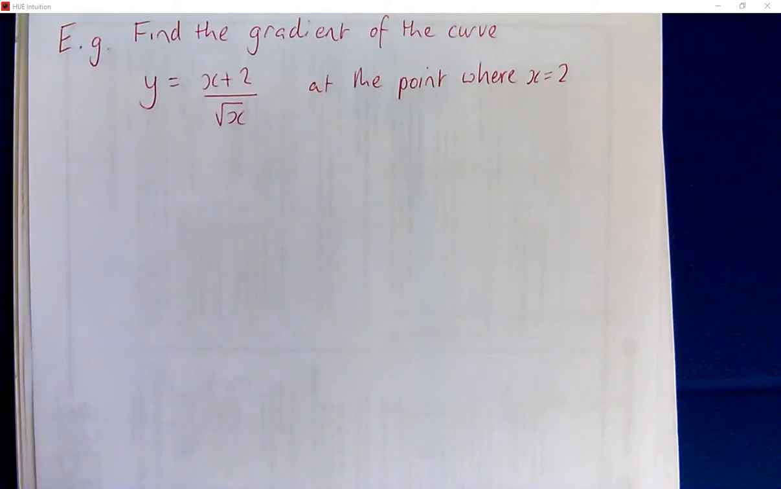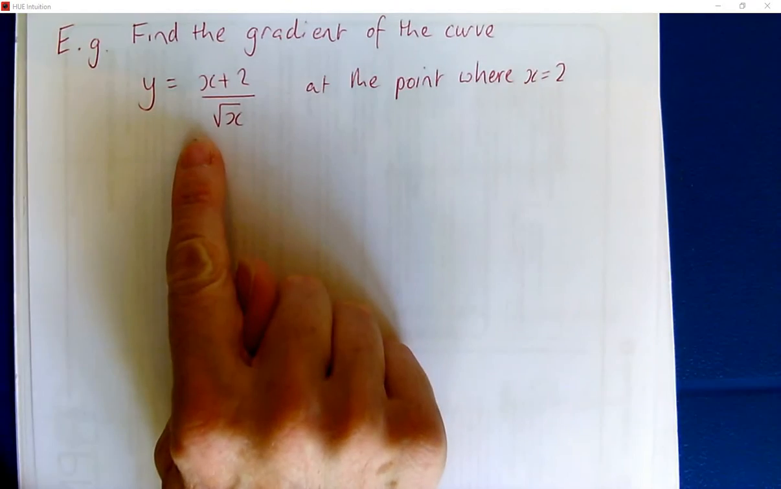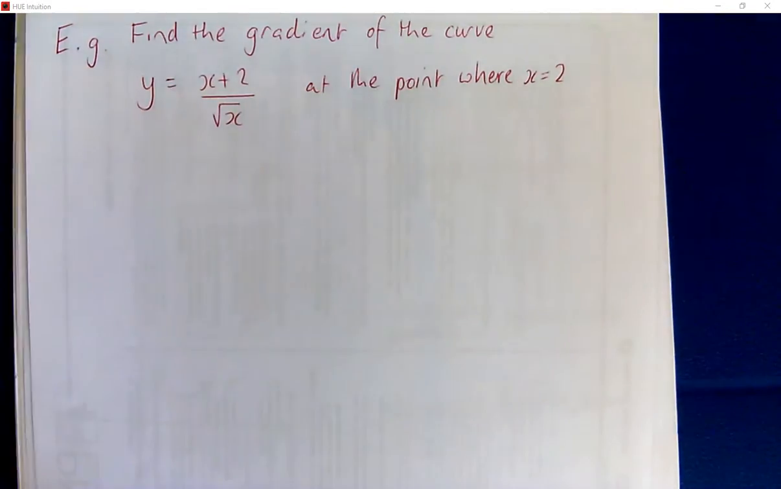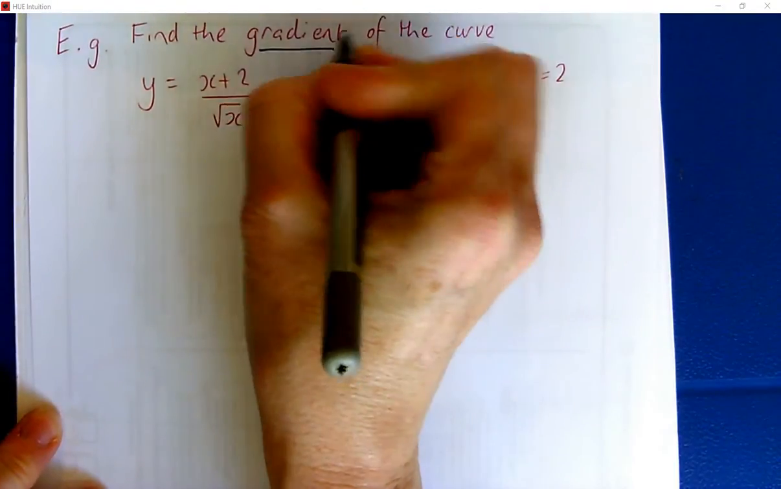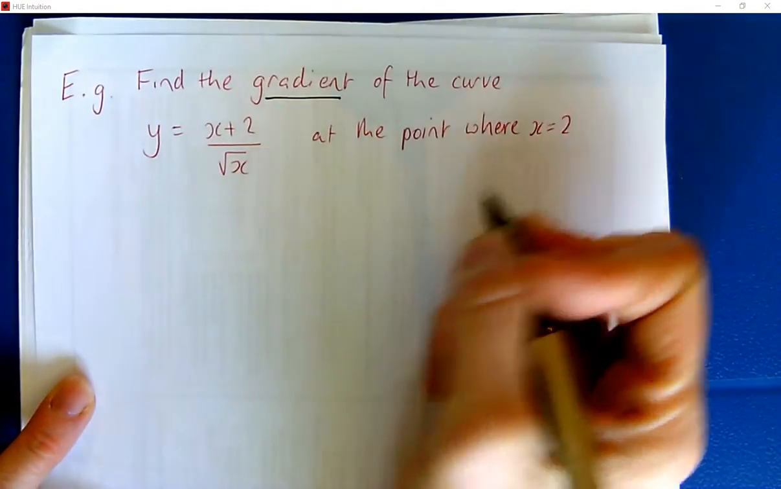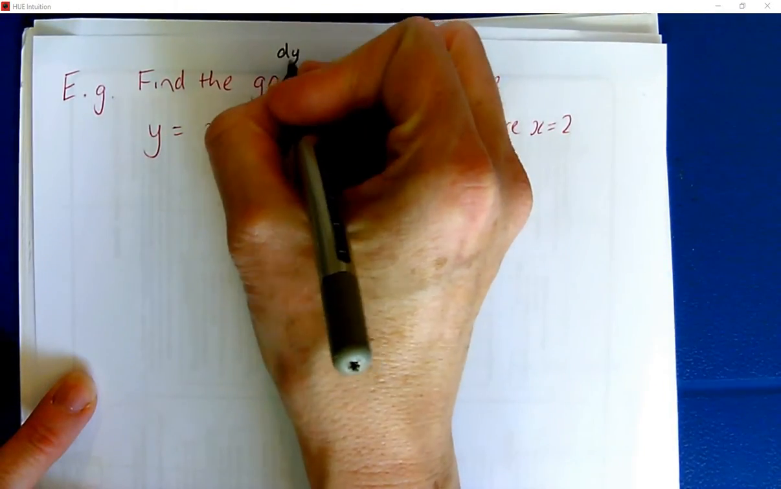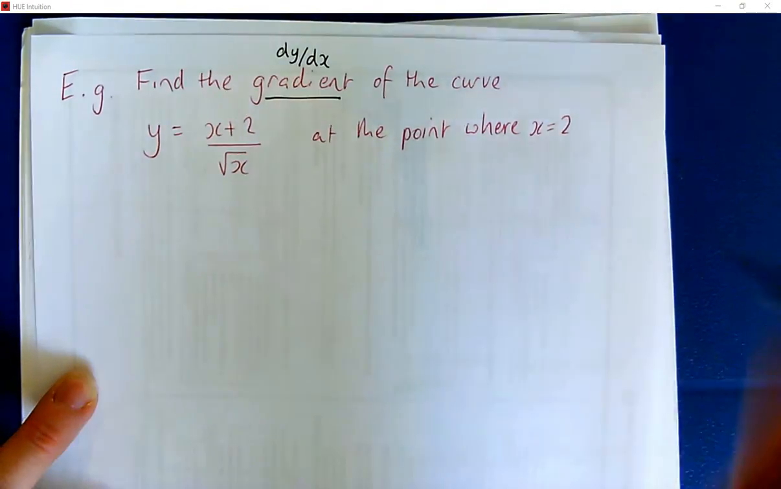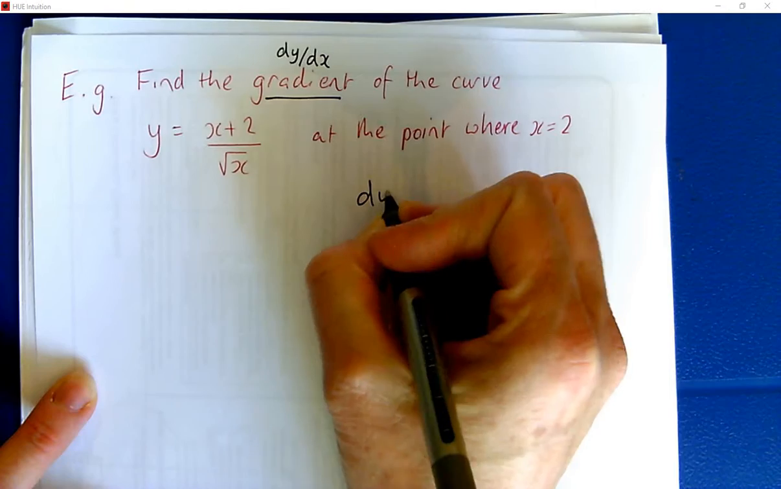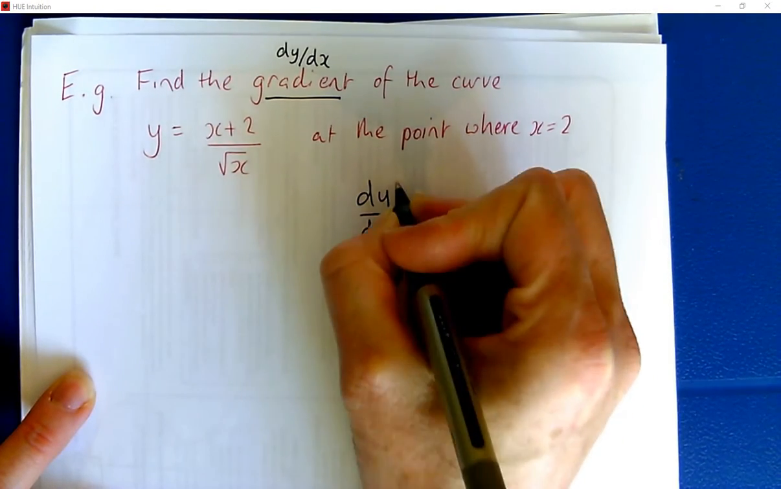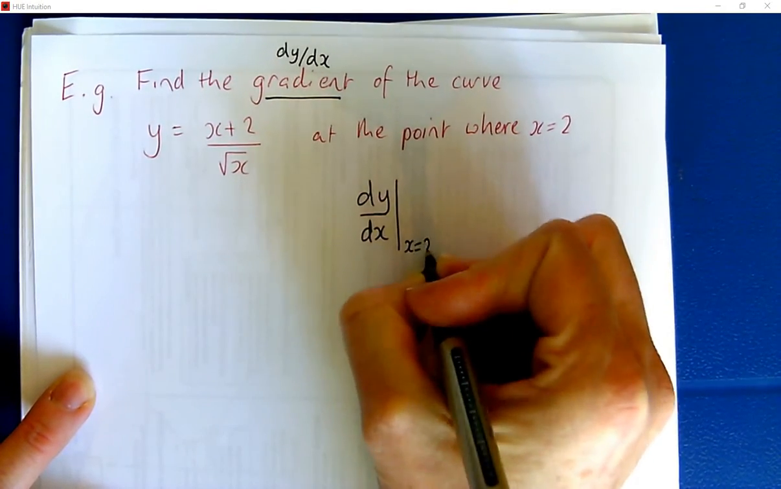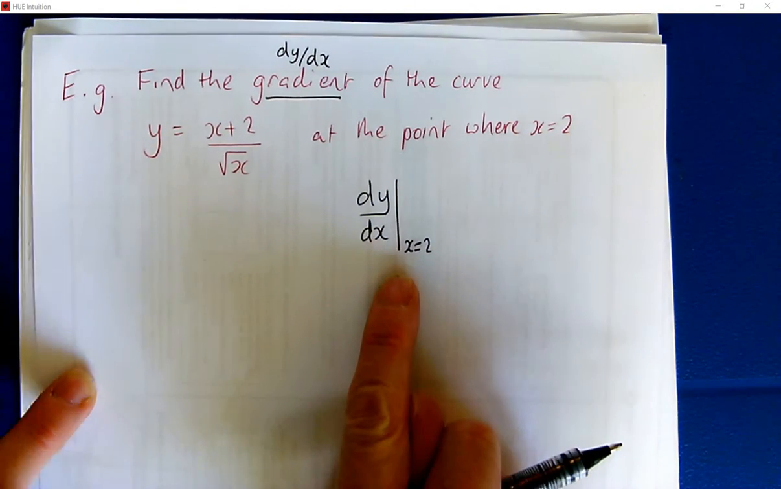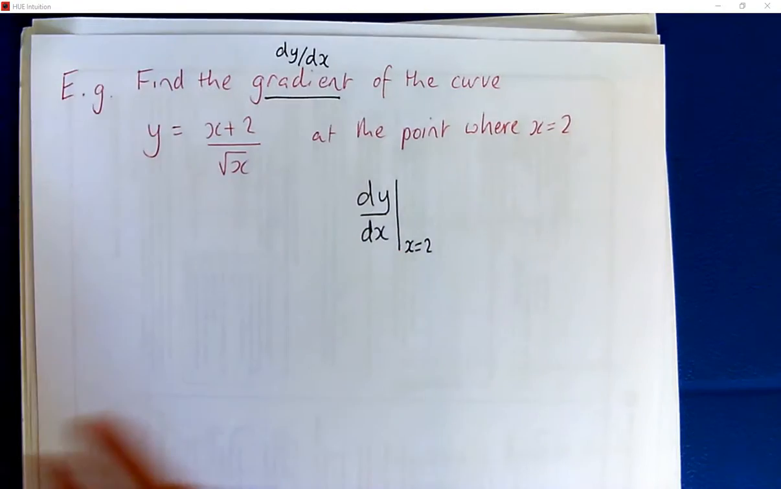So if we want to find the gradient of the curve y is (x plus 2) over root x at the point where x is 2. Okay, so we want to find the gradient, so that tells us to differentiate. So working out dy by dx. And we want to work that out where x is 2. So we're going to be finding out dy by dx at x equals 2. And so writing that vertical line there just tells us we're working it out at one point rather than the